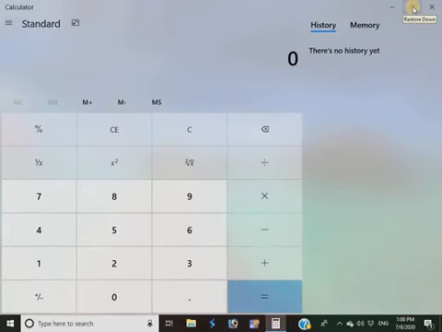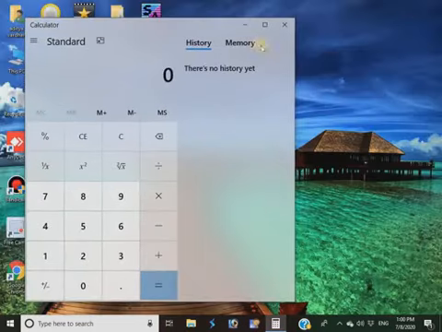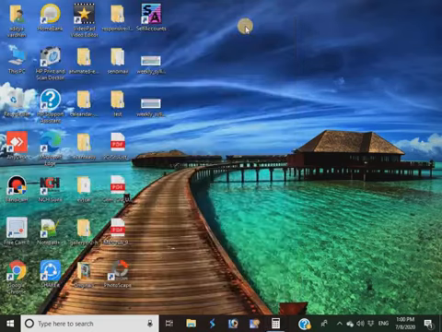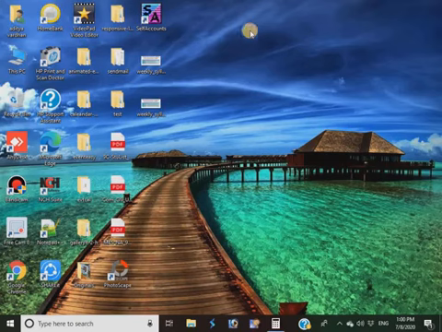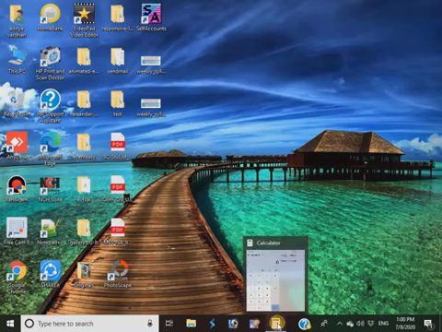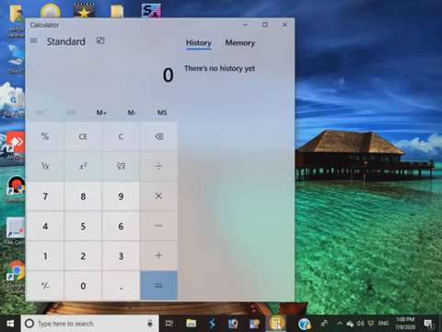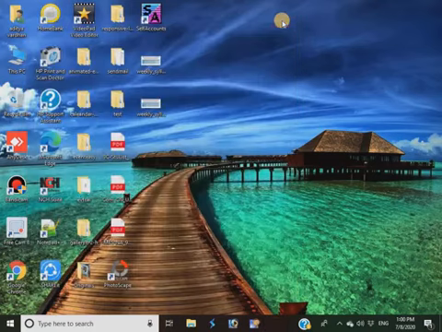This is the restore button, and this is the close button. When you click here, the window changes into the maximized form, and when you click this button, the window will take a smaller form and is stored on the taskbar. If you again want to start this application, bring the mouse pointer here and click, and it will start the application. So you have learned how to start any application.